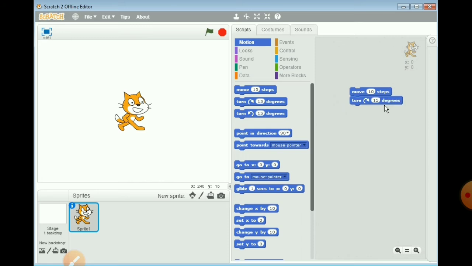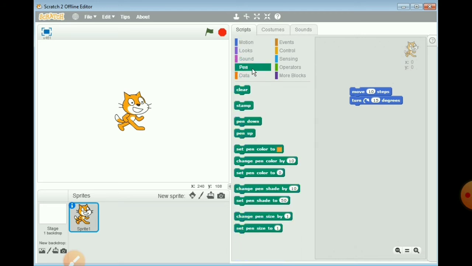Now let's read steps from the textbook and do as per the steps. First is click on the pen block menu. Yes, this is pen block. Click on it. Now you can see all the green colored blocks on the screen. Second step is select the pen down block from the pen block palette. So find the pen down. Yes, this is pen down block.